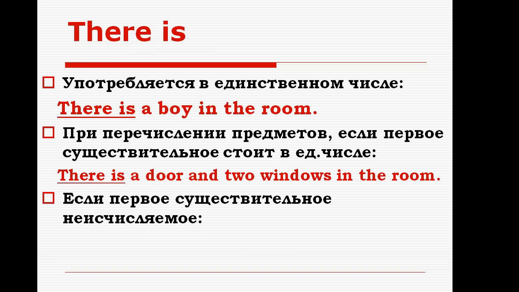Also, we can see "there is" is used with the singular, yes? There is a boy in the room. There is a door and 2 windows in the room. If the first noun is uncountable, then it will be